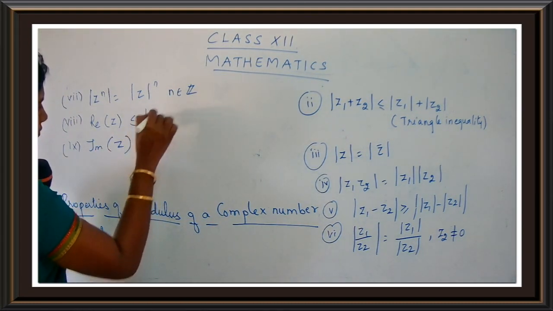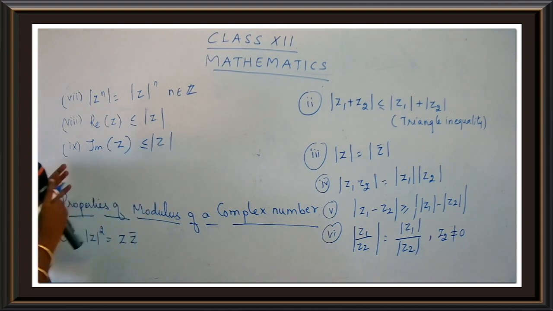So we have a total of 9 points under the properties. You have to remember these properties. Suppose we have any applications, or any problems, we have to use these. Okay, children, if we use them, it will be easy to simplify the sums. Let us have a small recap, let us read the properties once again.